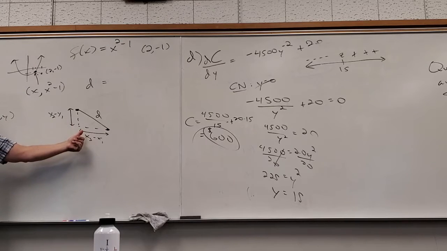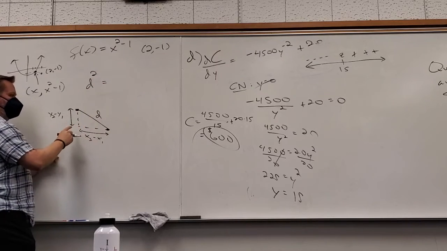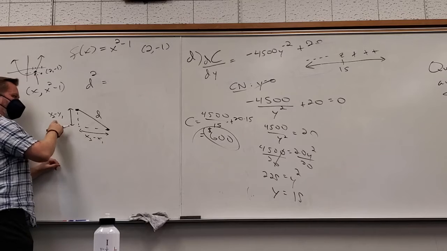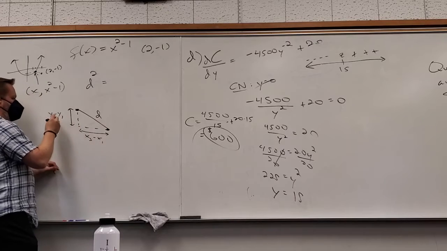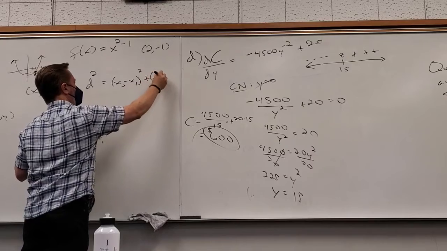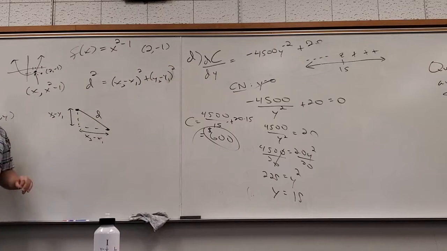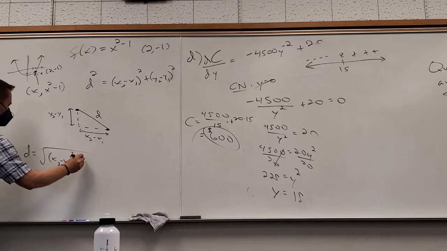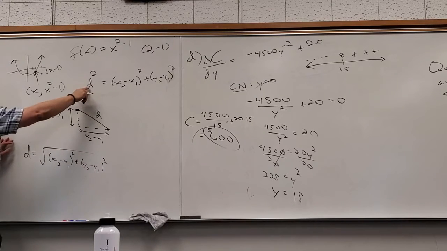What old Greek dude comes into play? Pythagorean, right? So what's d squared? It equals? Y2 minus Y1 squared. Yes. I'll do this one. So somebody out there should know that the distance formula is the square root of x2 minus x1 squared plus y2 minus y1 squared. And all I did was square it. The reason we do that,